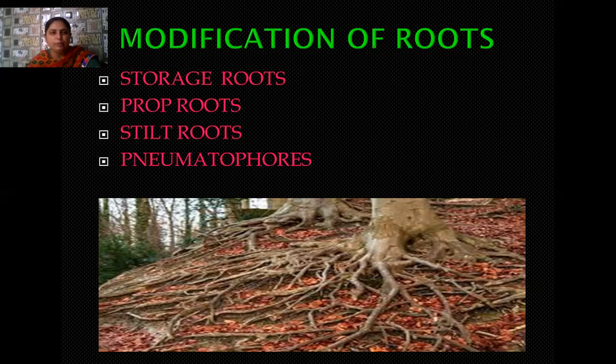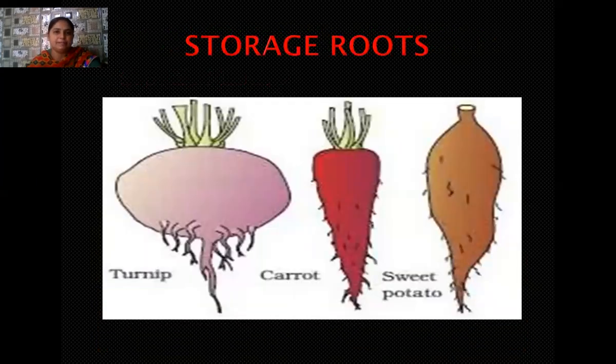And these pneumatophores are generally found in those plants which grow in marshy areas, such as Rhizophora. So here in swampy areas, so many roots come out from the surface of the ground and grow upward in a vertical fashion. And in this way, these roots help to get more and more oxygen for respiration of the plant. So this type of root is found in Rhizophora, a plant which generally grows in swampy areas. Okay, students, I am going to discuss one by one the function of each type of root.